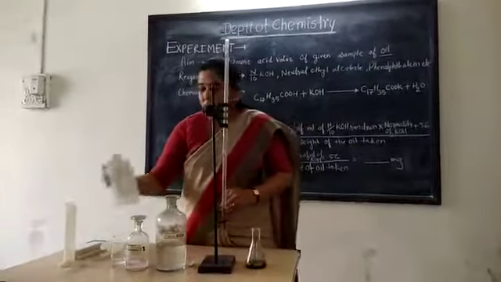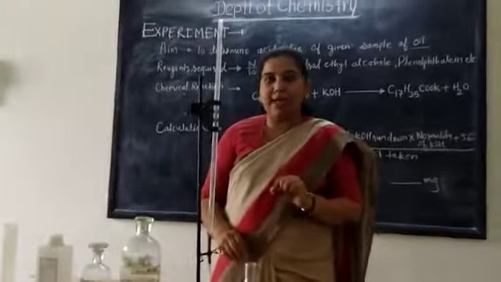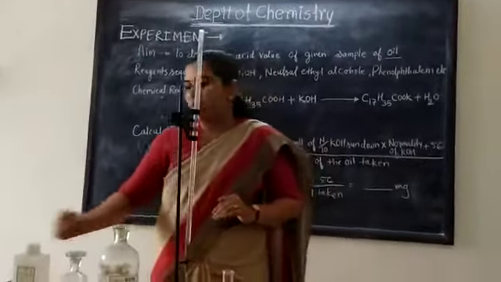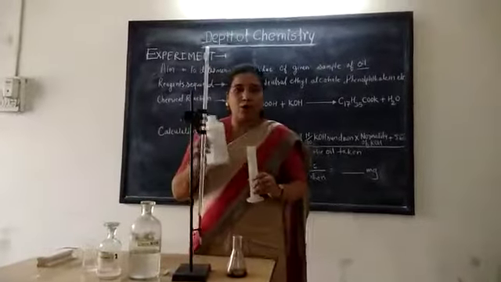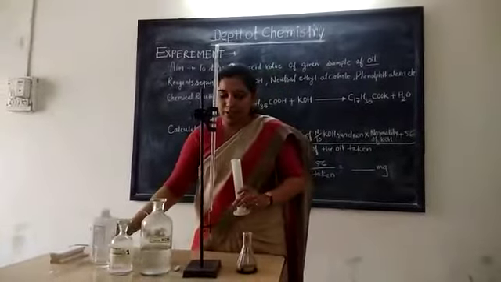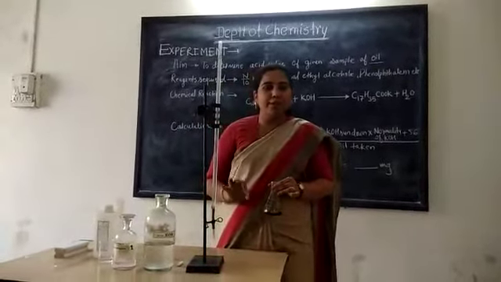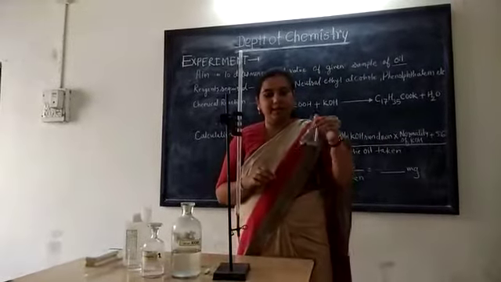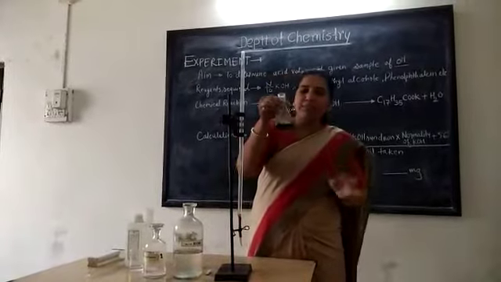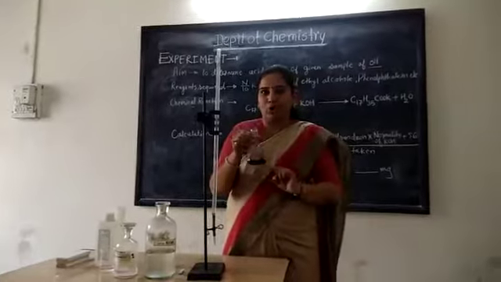Okay. Then this is ethanol. Ethanol is used just as a medium for the acid, so that there is a proper reaction. Okay. Now we will see here. First of all, I took 50 ml of ethanol in this conical flask, and 5 gram of oil I took already. It is weighed on the balance properly, and then I took this 5 gram of oil in this conical flask. You can see this, and as a medium I used 50 ml ethanol.